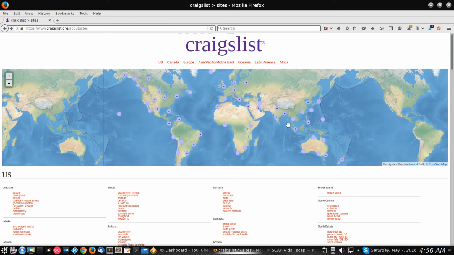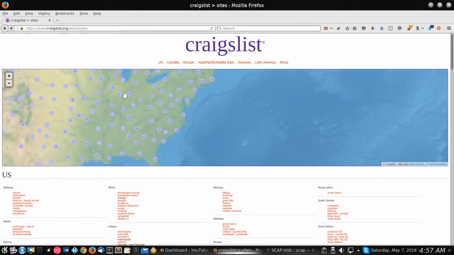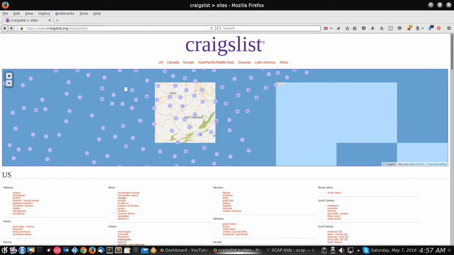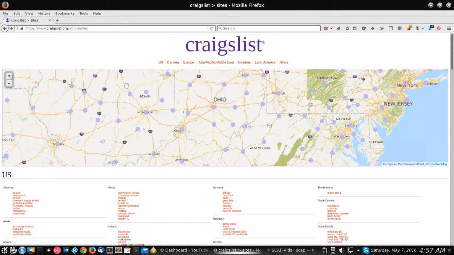Once you get to this page, every one of these purple dots that you see up here is a location. It's not all the locations when you're zoomed out. As an example, if I come up here to the map and zoom in, basically I mouse over the section that I want to zoom in on, and then I click my scroll mouse forward, that zooms me in. I'm going one click at a time, and you see how more and more of those purple circles are popping up. Then when you get far enough in, it'll actually change what the map looks like.